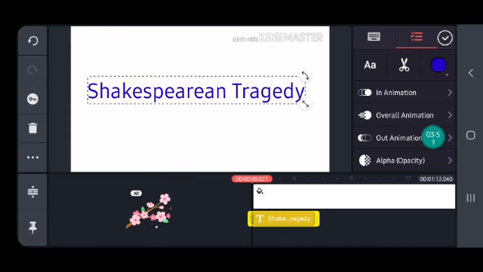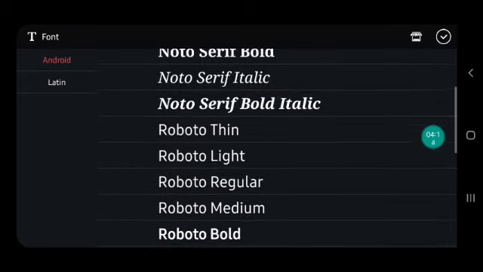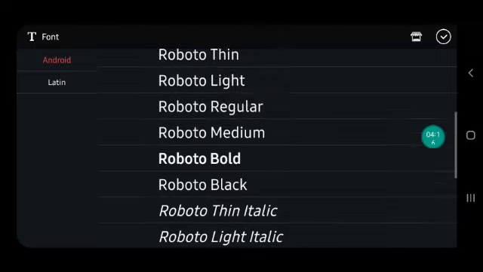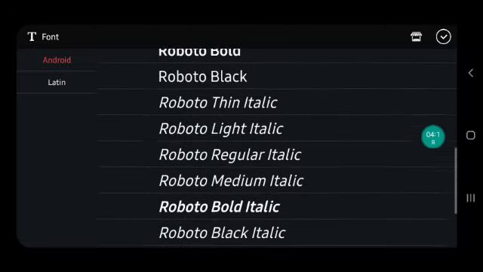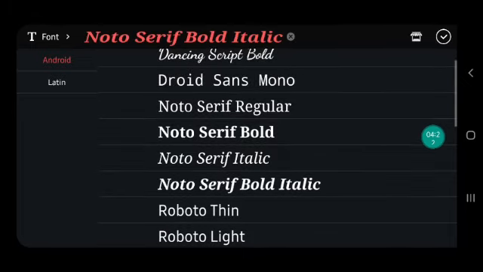So you can just drag it to whatever size you want the letters to be seen, and then if you want to change the font, you have to go and touch this capital A and small a. And once you tap on the capital and small a, you will be taken to different fonts. So you can select whichever font style you want to select.